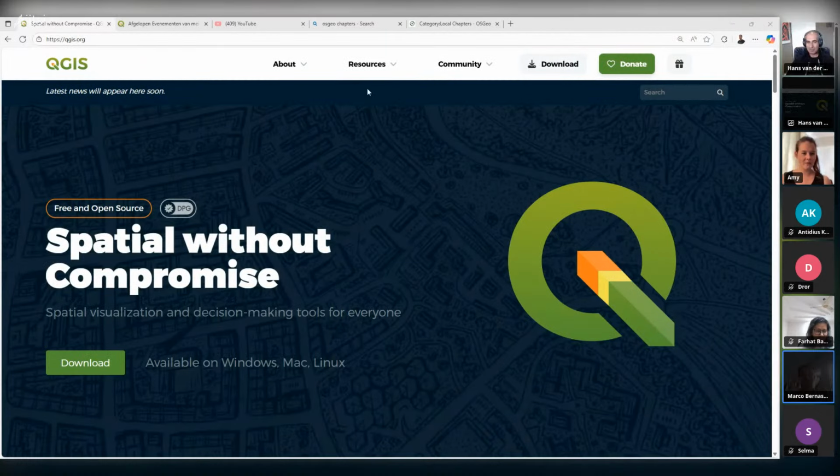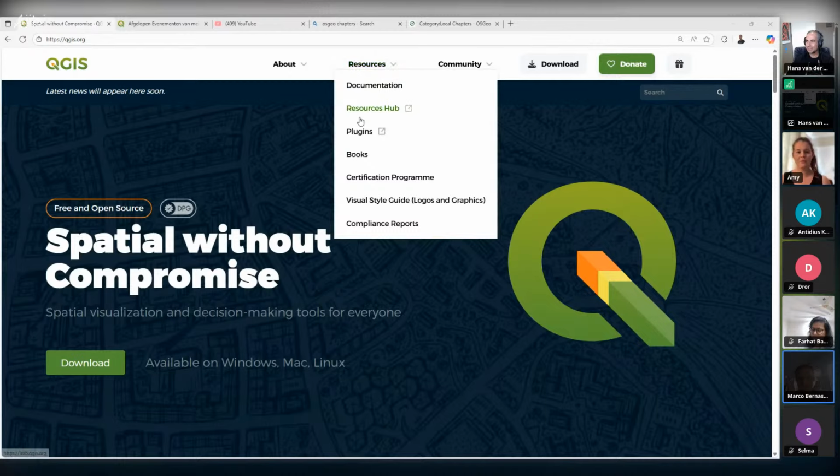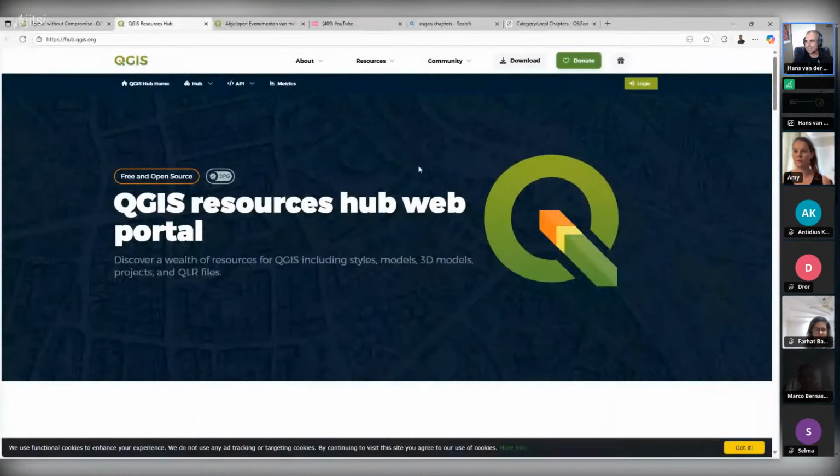So on the QGIS website, you have the resources tab, and there's this fantastic resources hub. And there you